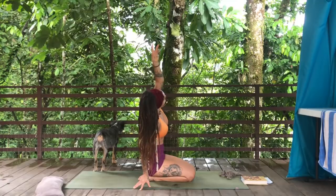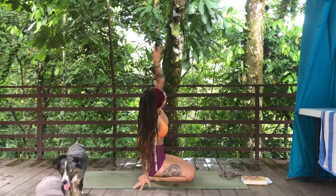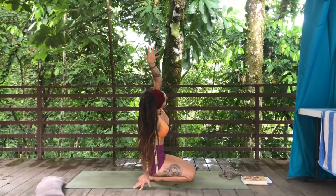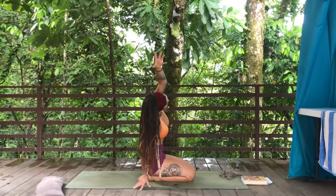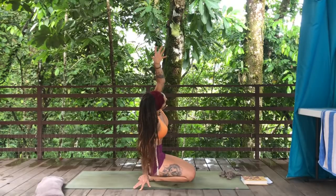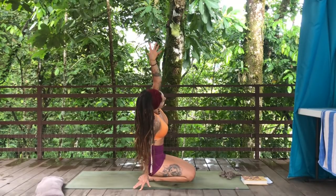You can gently send your gaze up under your left tricep and use the power of your breath to find a little bit of space. Inhaling to lengthen, exhaling to bend a little bit deeper. Inhaling to lengthen, exhaling to pull your navel towards your spine. Inhale, lengthen. Exhale, pull your navel towards your spine and spin towards the right, taking your left hand outside of